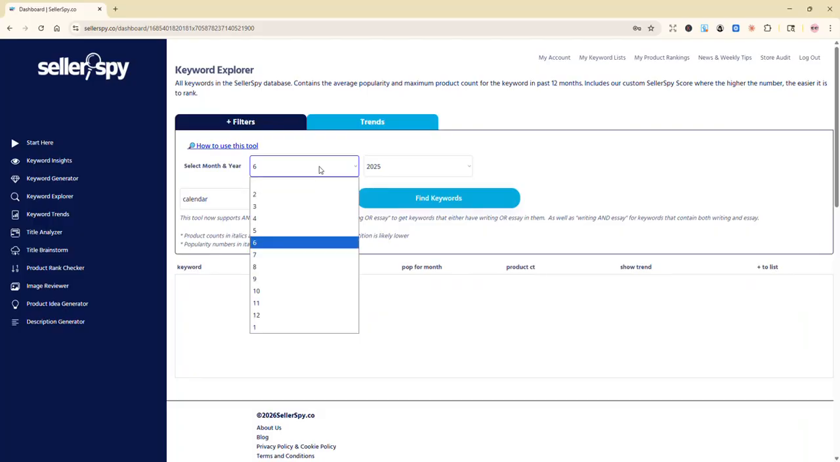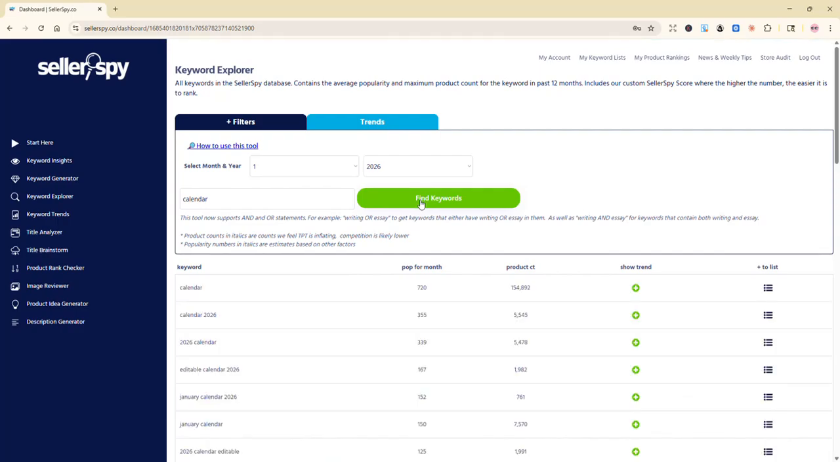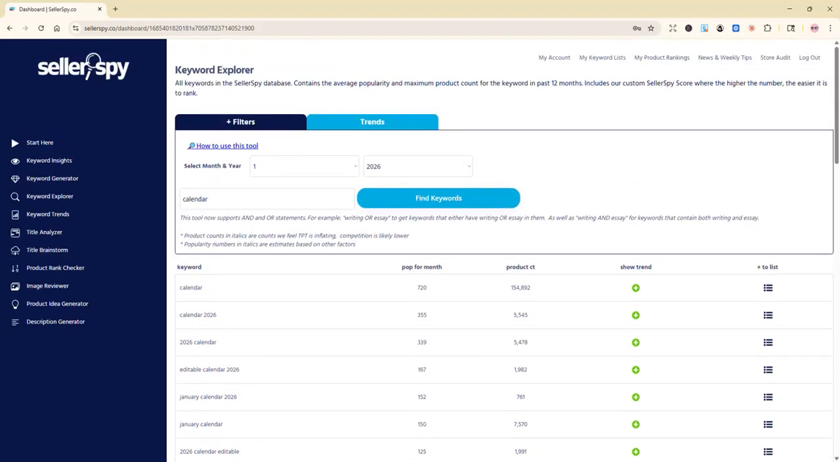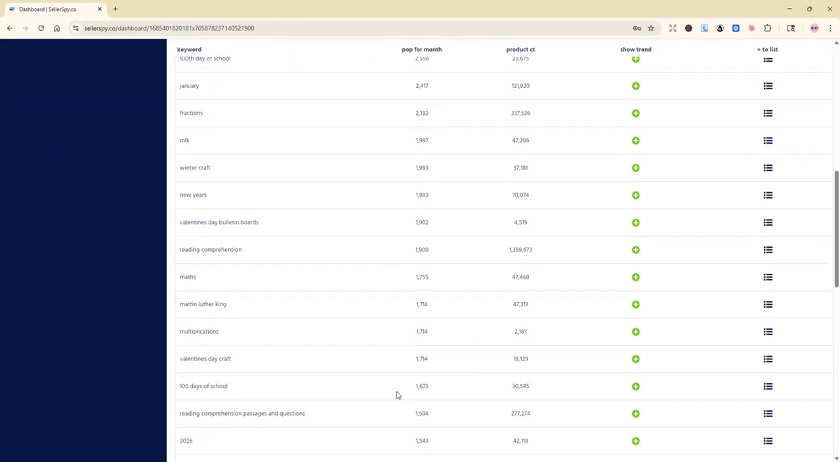So let's look at, we'll look at January of 2026, and I'm going to hit find keywords. Now this is going to give us all of the most popular keywords for January 2026. And you can see, obviously, calendars are big because of the new year, 2026 calendars. But you can also filter. So this is calendar. If we remove calendar, New Year's, Martin Luther King, winter, Valentine's,